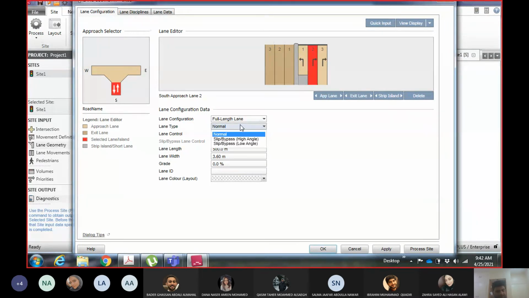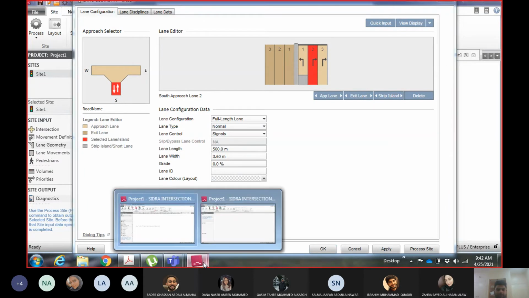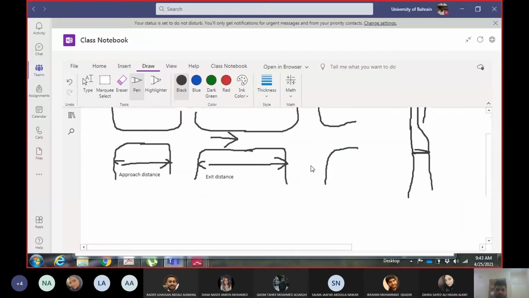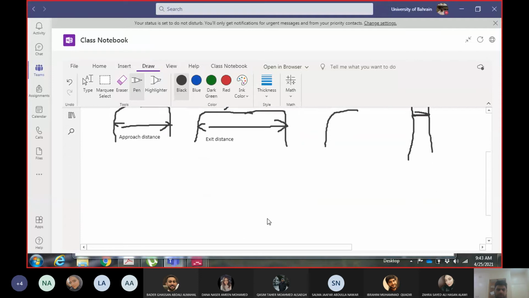The lane type can be a normal lane, or it can be a slip or bypass lane. Now what is a slip or bypass lane? For example, this is your road. If you have a slip lane, it will be something like this.